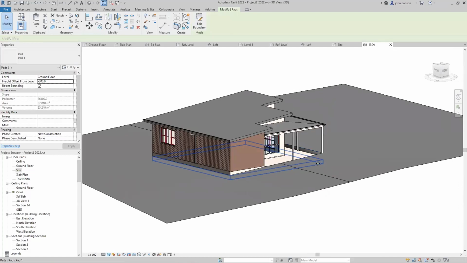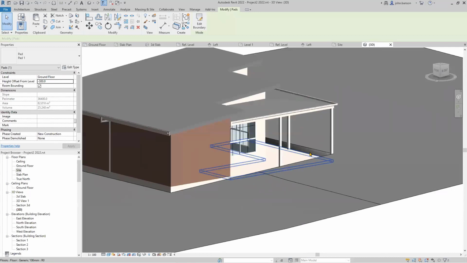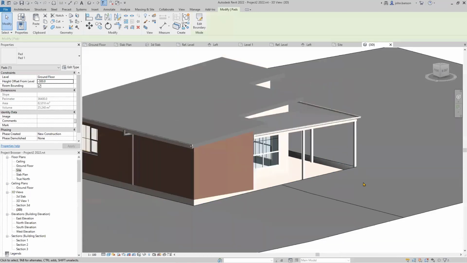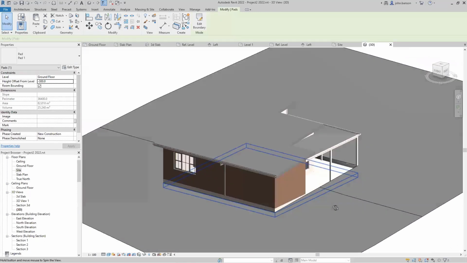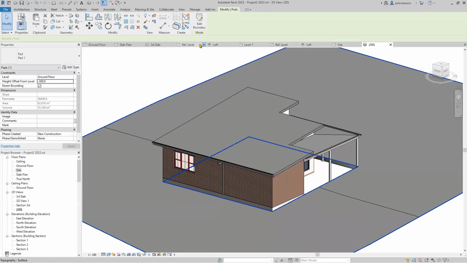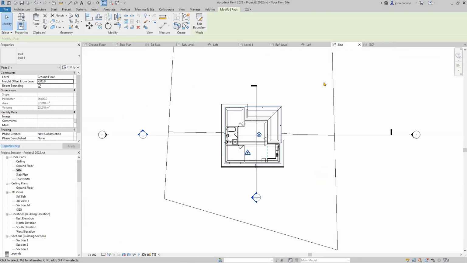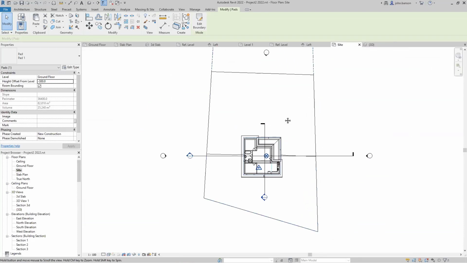Now, the next thing I'd need to do, if we've got time, is I would normally slope the existing terrain back into the bottom slab. Yeah, go for it, John. If it's not too much time, that'd be fantastic to see. Oh, I can start it anyway. We can always tie it into the next session. So I'll go to the site plan,